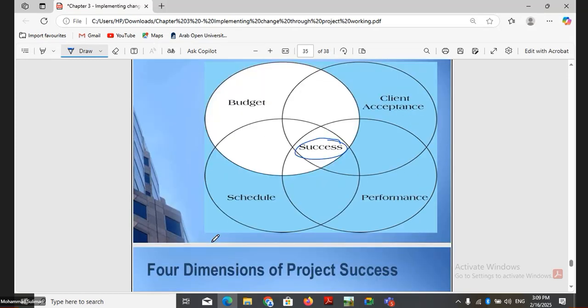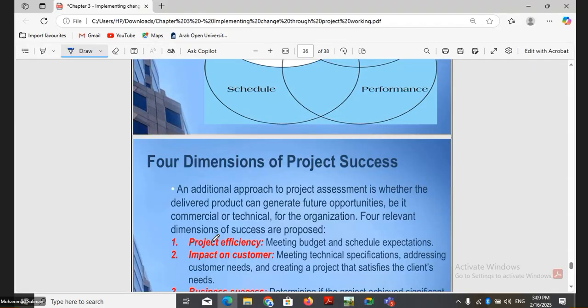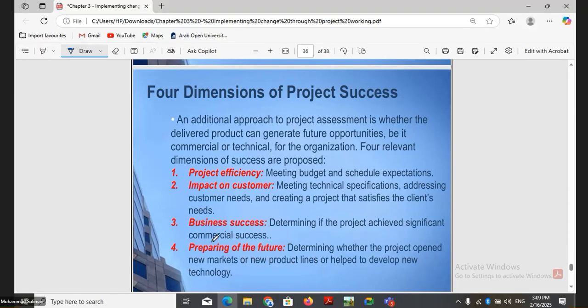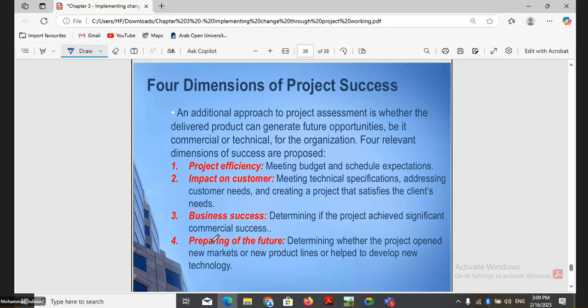The first is project efficiency, meeting the budget and the schedule expectation, that a project is within the time and schedule. It creates future opportunities for the organization to develop more projects. Impact on customer: meeting technical specification, addressing customer needs, creating needs. So how satisfied the customer is. If the customer is very much satisfied, the customer will